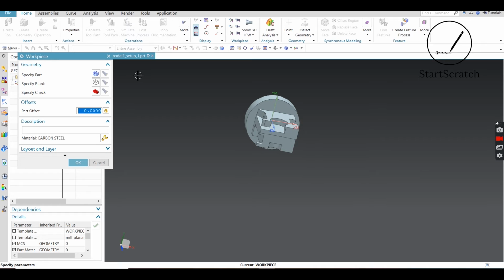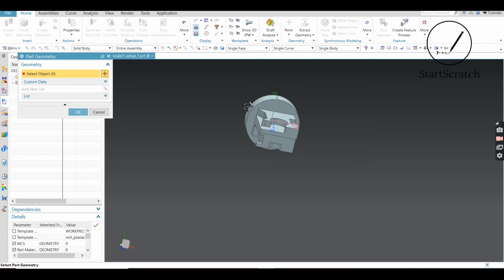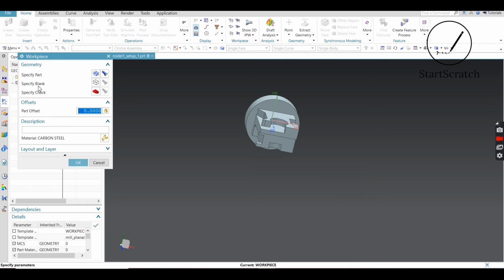So we would be specifying the part for the reference. This part is taken as the reference. Specify the blank. Blank would be the raw part, meaning the initial workpiece which would be provided. That would be our job.